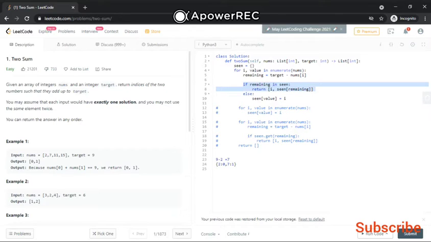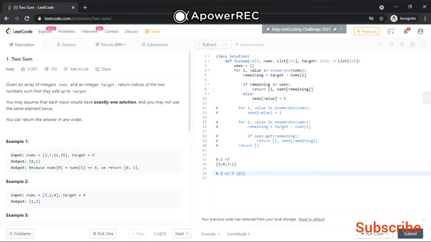Pretty simple. Let me give you an example and dry run it. In the first iteration, it will give us 0 and 2. We get the remaining value from it, which will be 7. In this iteration, we store that into the dictionary.